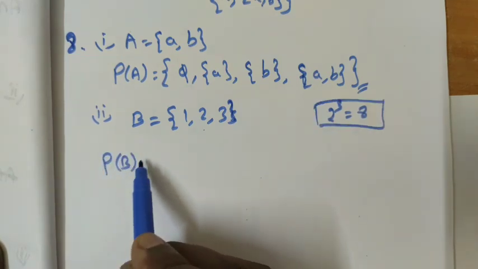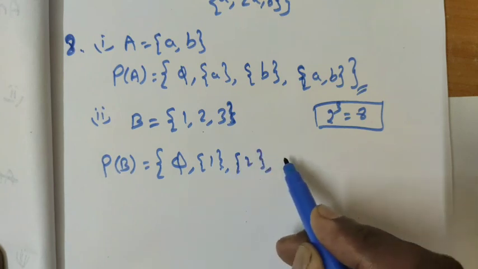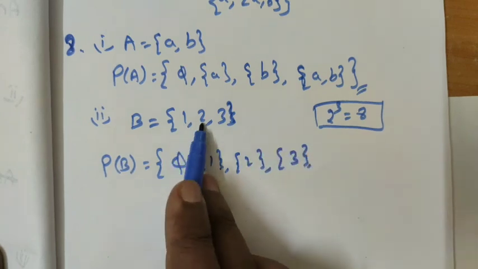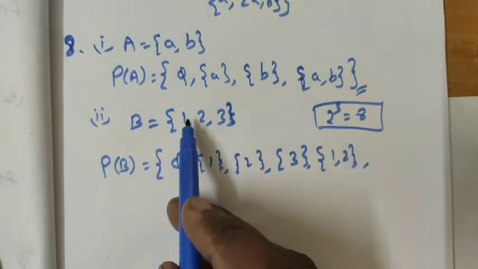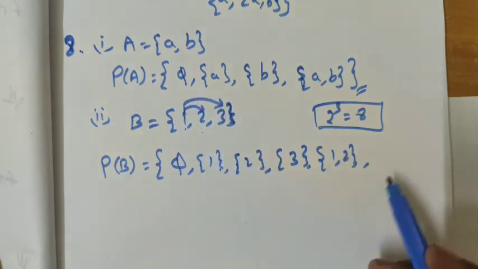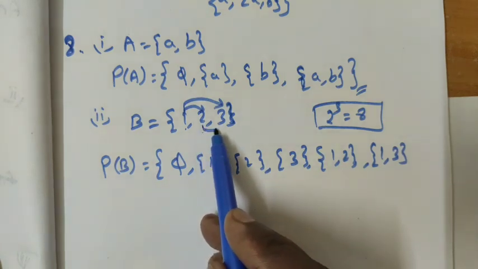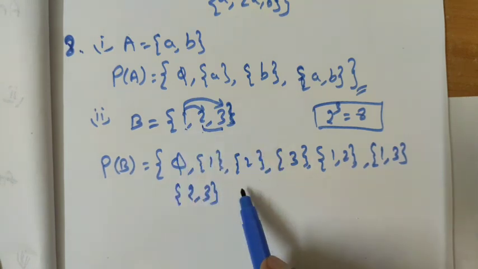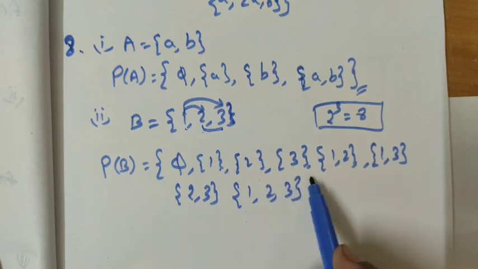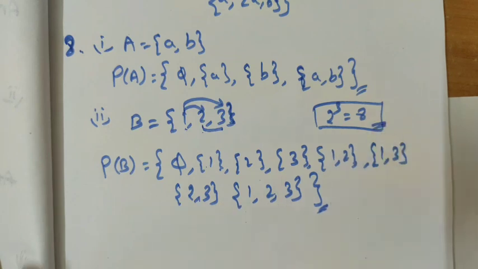So power set of B is equal to, within a curly bracket, first one is pi, another one is 1, and then 2, and then 3, and then 1 comma 2, and then 1 comma 3, right, like this. Completed. Now you choose the second element, 2 comma 3, that is also completed. Now we have to write all the 3, that is 1 comma 2 comma 3, and close the curly bracket. Now count it, 1, 2, 3, 4, 5, 6, 7, 8. So the number of subsets of our set is 8.